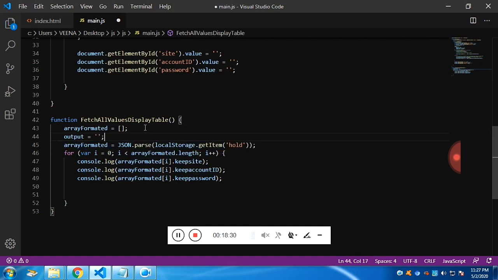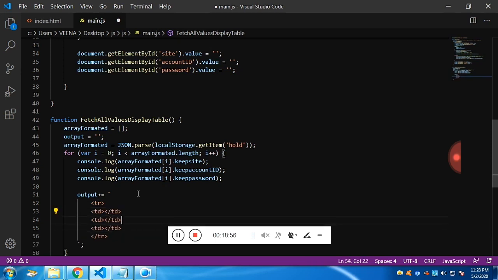Now we are going to append this value to the output. We have initialized a variable called output, and this variable will hold the HTML. You can see I have written tr, that means table row, and we would be passing td. We would have 3 td because we have 3 columns: site name, account ID, and password.